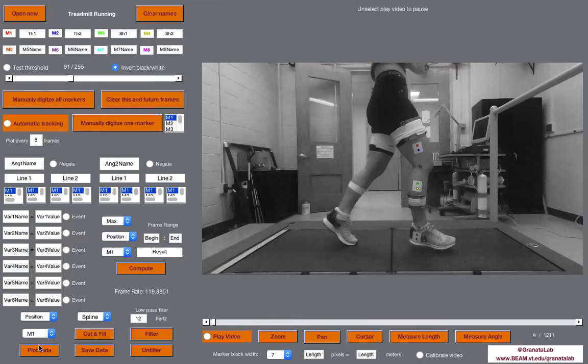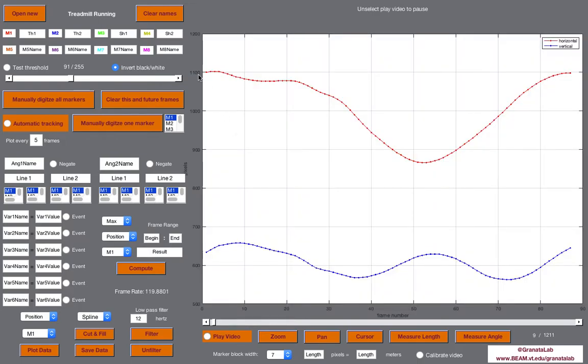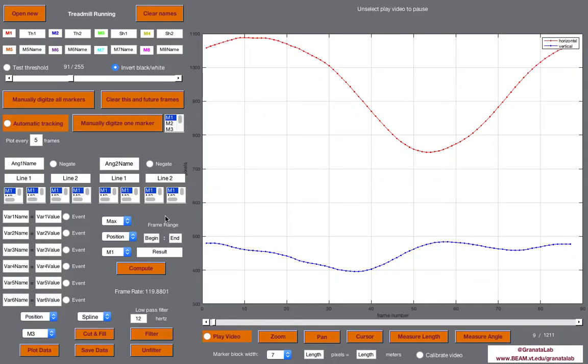So let's plot the position of marker 1. And here we have a plot of the continuous two-dimensional trajectory of the horizontal and vertical location of marker 1. And we can plot any of the markers that we just tracked. And right now it's giving us the location in pixel coordinates,